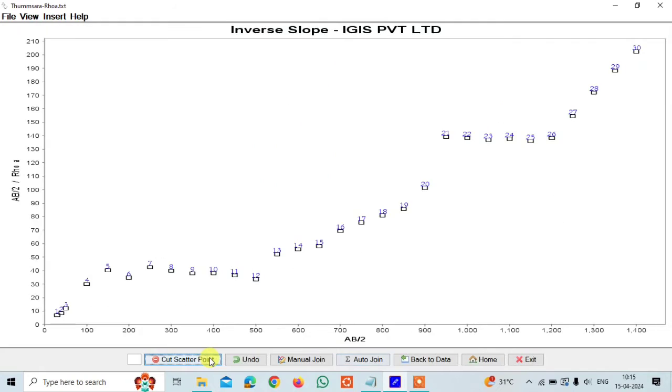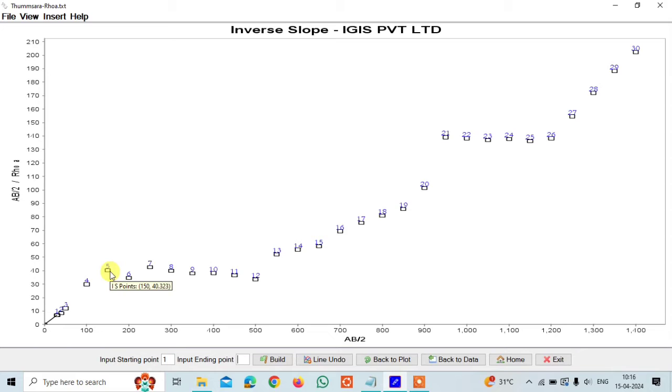Now coming to the manual plot. In a manual plot, first you need to go for the manual join option, and then you need to start with the origin every time. So go click on 0, and the first point should be 1, and build. After this, you need to see the lines. The point should go in a straight line, so till then you can directly join. So from 1 to 5 I have a straight line, so I am clicking on 5 and then OK,